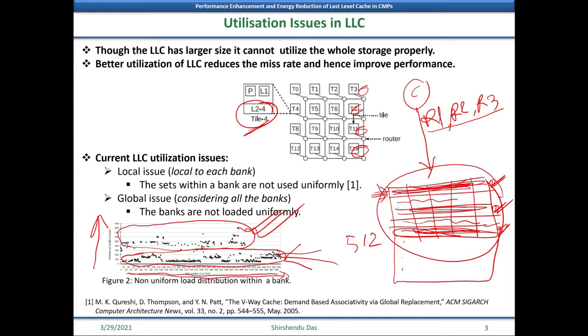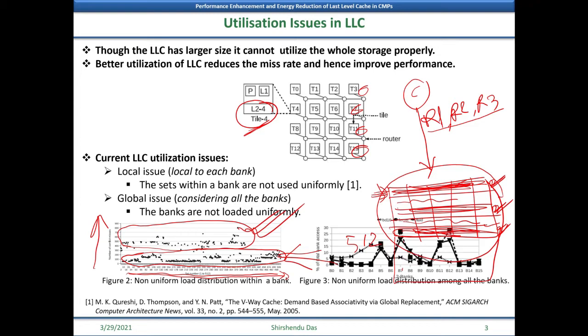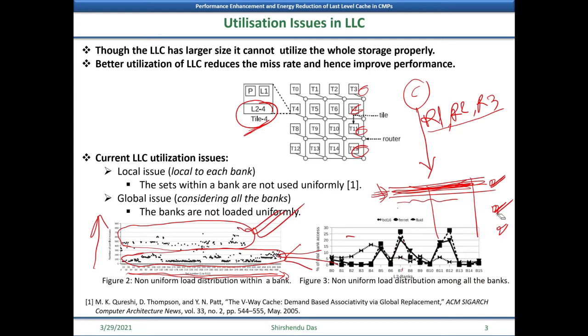Why is this possible again? If you remember the SNUCA mapping policy, first it looks for a bank index, goes to a particular bank, and then it looks for a set index. So if most of the requests, based on their bank index, go to a particular bank, the load of that bank will be much higher compared to other banks, and that is exactly what is happening. Now if we see this diagram here,